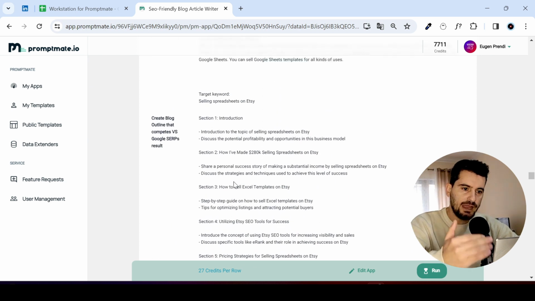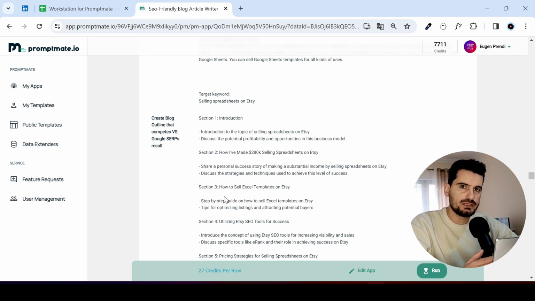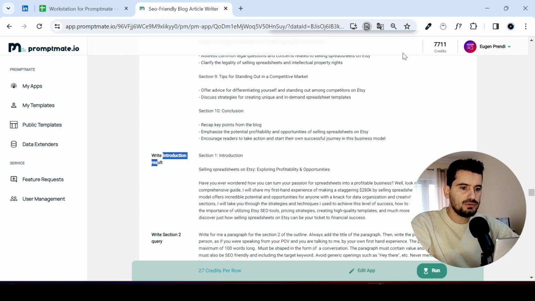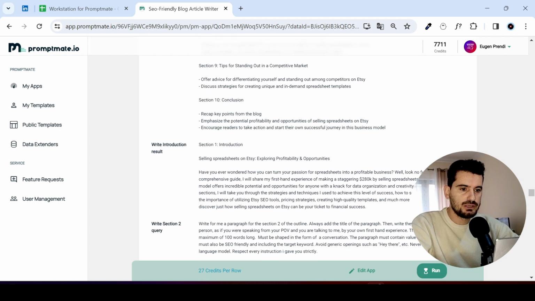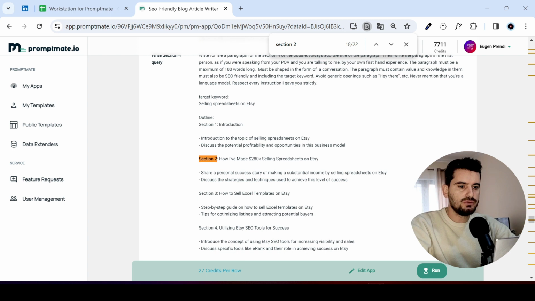And now what every prompt in this template does is write every section separately, right? This is like running 10 ChatGPTs at the same time. And this is better because instead of having ChatGPT write each paragraph and start to hallucinate section after section, this is like having 10 independent GPTs working at the same time, each one having a singular goal, which is writing just that specific section. So for example, if you see the introduction, it's called section 1, introduction, and it's just that. So then you have section 2,